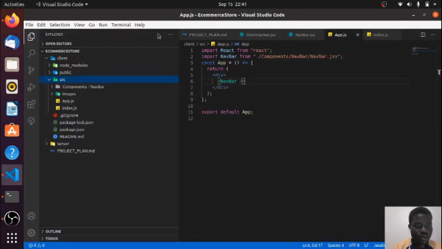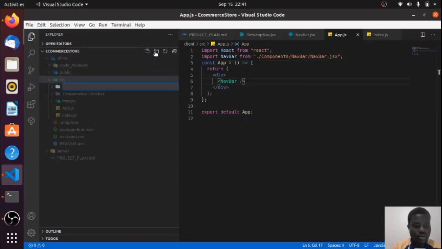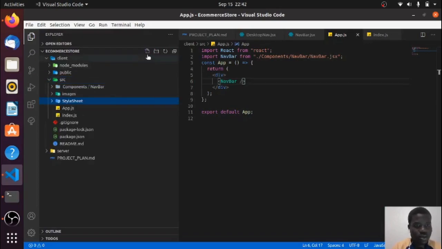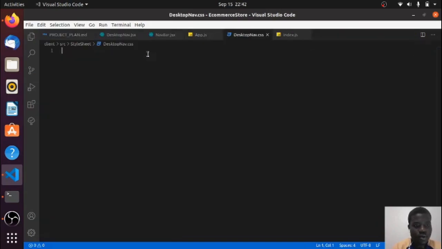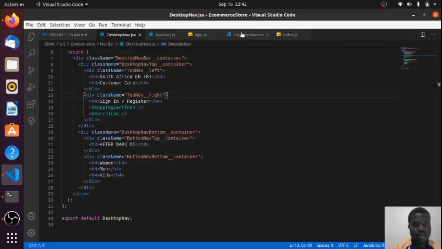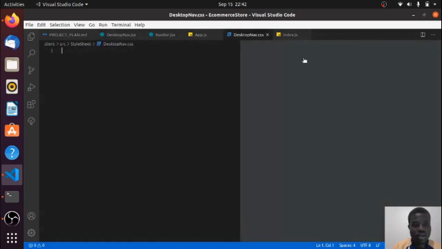In the SRC, we need the styles folder. There we go. And then let's have the desktop nav.css, and let's see. Okay, so let's import that, and let me just do this so that we can be seeing our